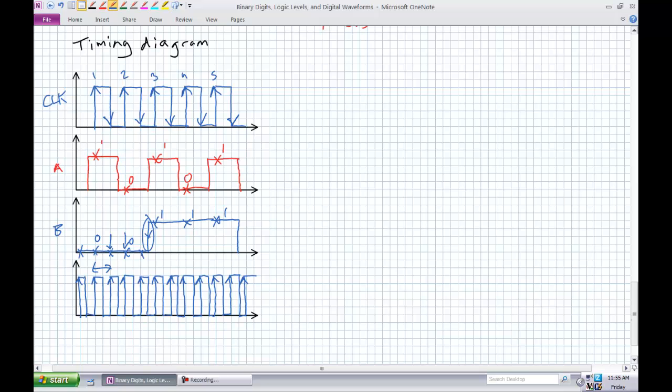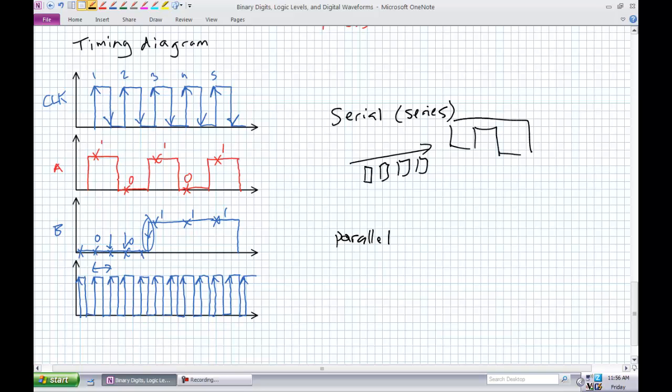One more thing I want to go over in this particular lecture is this ability to transfer data. Data is not going to be of any use to us if it's just sitting there. We've got to be able to transfer it. And there are two ways of doing that, namely serial, i.e. series. Think about series circuits in a line, or parallel circuits, kind of spread out, all happening at the same time. Serial, as the name implies, is standing in a line, and they're all trying to go into a single door. Parallel, 1, 2, 3, 4 pieces of data